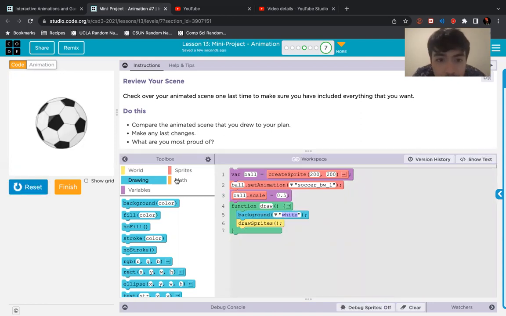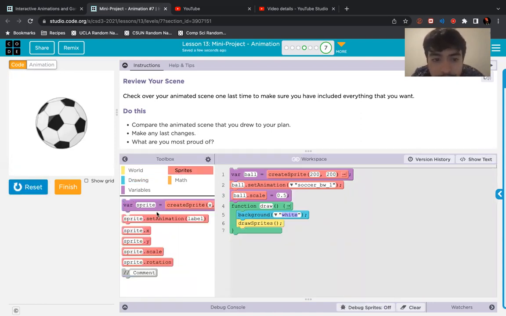Your third thing, and this is where the animation is going to happen, you want to change the sprite's properties in the draw block so that those things change and it looks like it's moving. So one thing we could change is ball.x, right? Or sprite.x. And if we change it to, let's say,